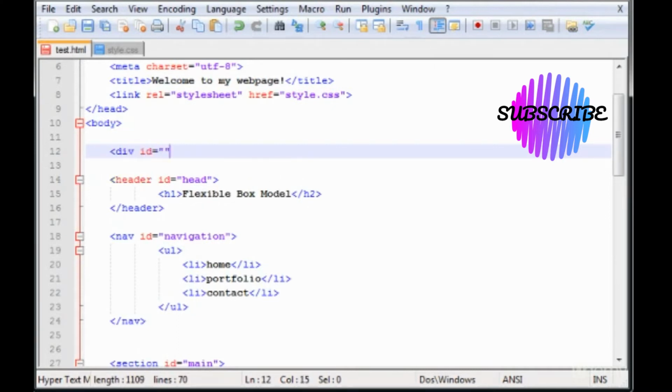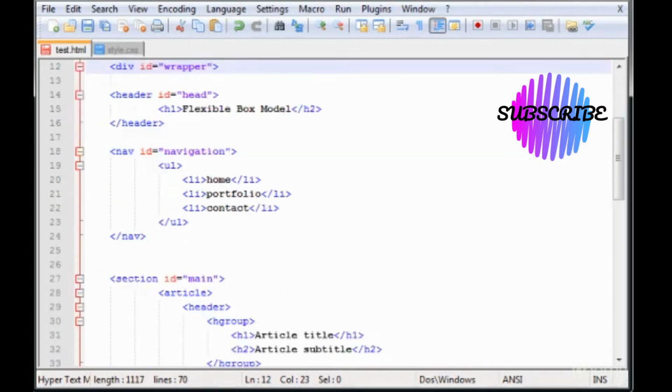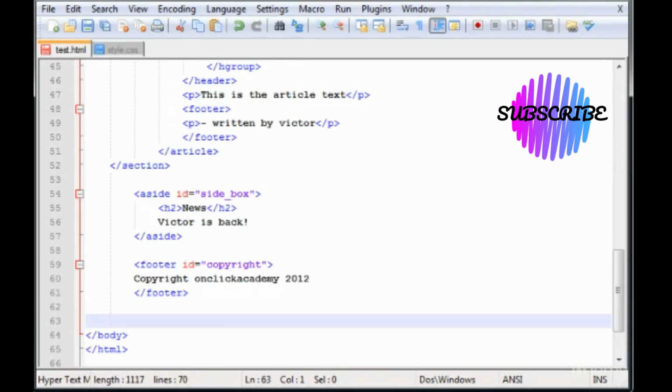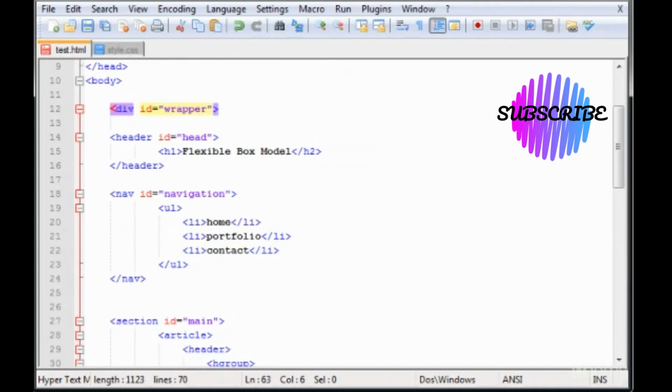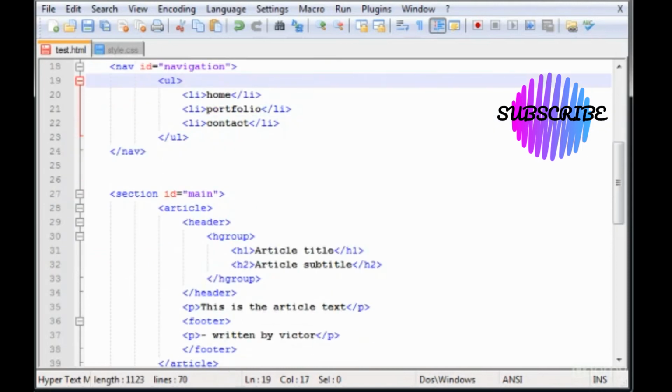Div ID, in here I'm going to type wrapper, and I'm going to close this right here, to wrap it up. And the next thing I'm going to wrap is the section, which is in here,